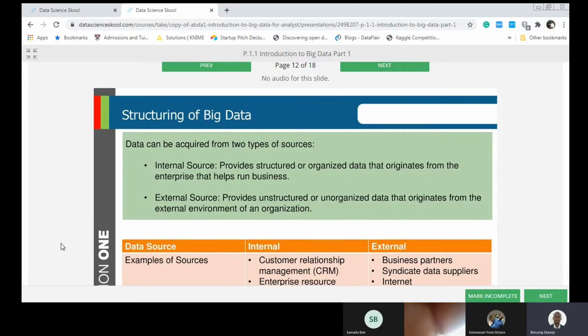Okay, so I'll tell you a classical problem that banks need external data to solve. The guys in Nigerian banks want to know, before they issue a customer a loan, how that customer is performing in other banks. But they don't have that record. They only have the record of their customer's performance in their own bank. So how can they issue a loan to a customer based on his performance in other banks?